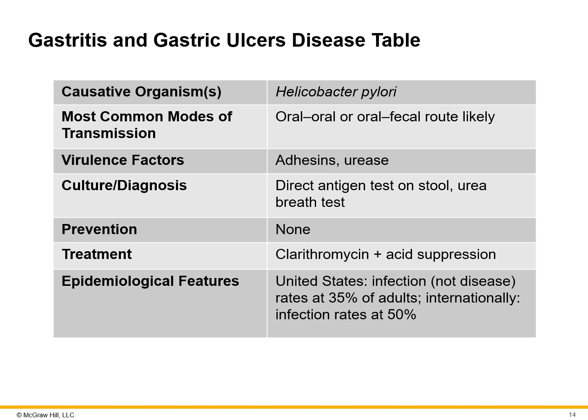Again, our summary table, so the Helicobacter pylori, so oral to oral or oral fecal route is most likely for getting this. It does have adhesins that allow it to attach. It does produce an enzyme called urease that breaks down urea that allows it to survive. And then again, that treatment there with antibiotics and also decreasing the acid. That's just going to change its replication and also helps limit the damage that's done during that infection.